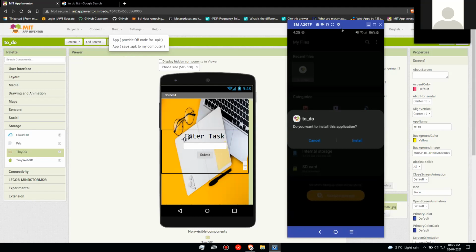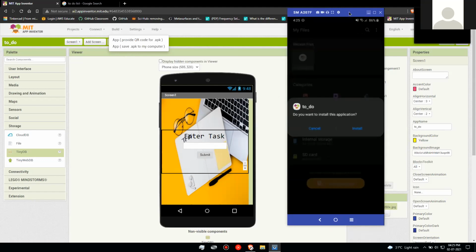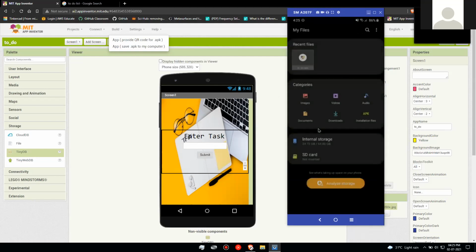So essentially, if we don't do anything with that QR code right now, just say okay. Ma'am, that QR code will expire in 2 hours and you won't be able to download your app. Oh, okay. So it's better to download the app. Yes, that's why I said save.apk to my computer and you can share it or install it anytime. But when the barcode screen is visible, I'm not able to click on build. The build button seems to be disabled. Yes, it will be disabled.